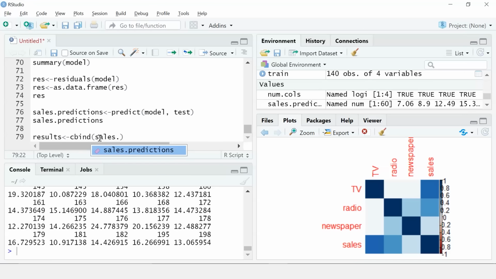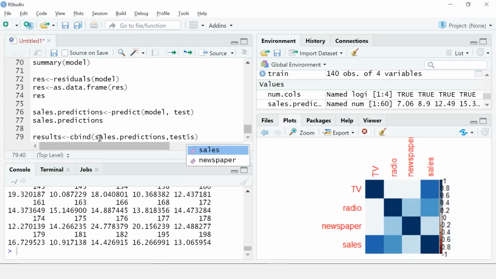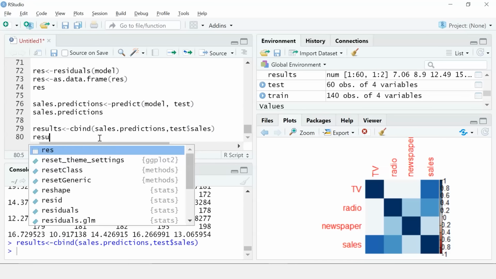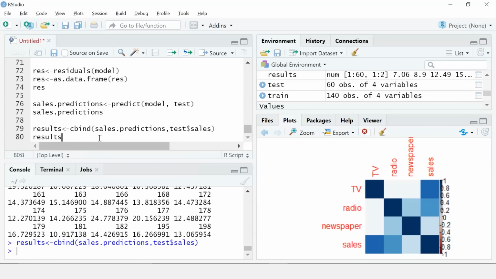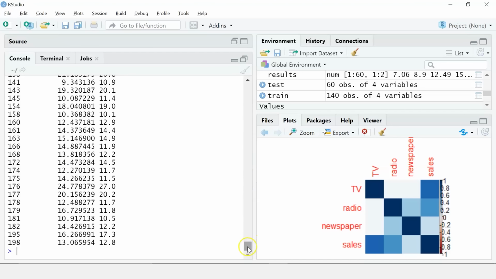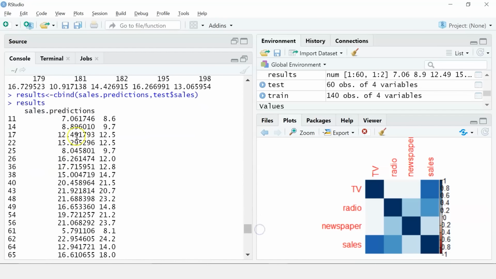I'll take sales.predictions and I'll consider the sales column from the test data. Let me check the values now. So you have the predicted sales values and the original values of sales, but you can see the columns don't